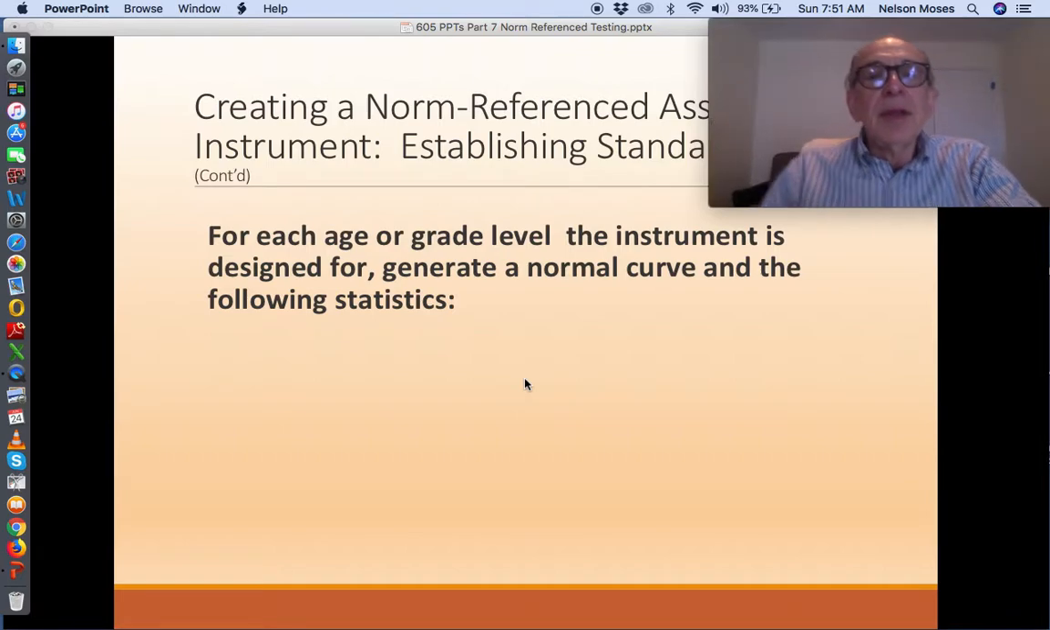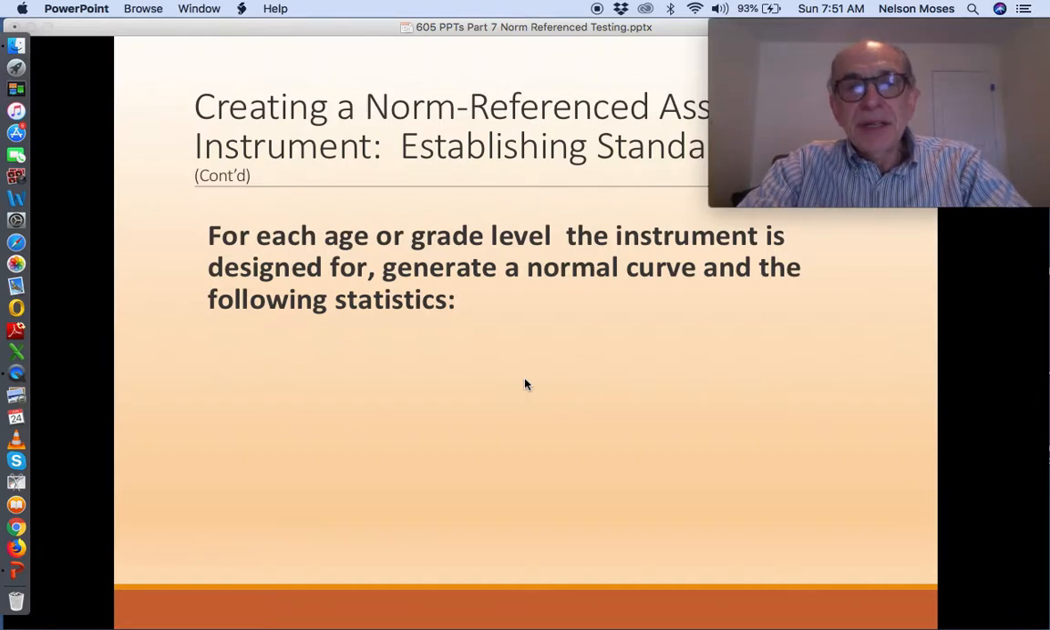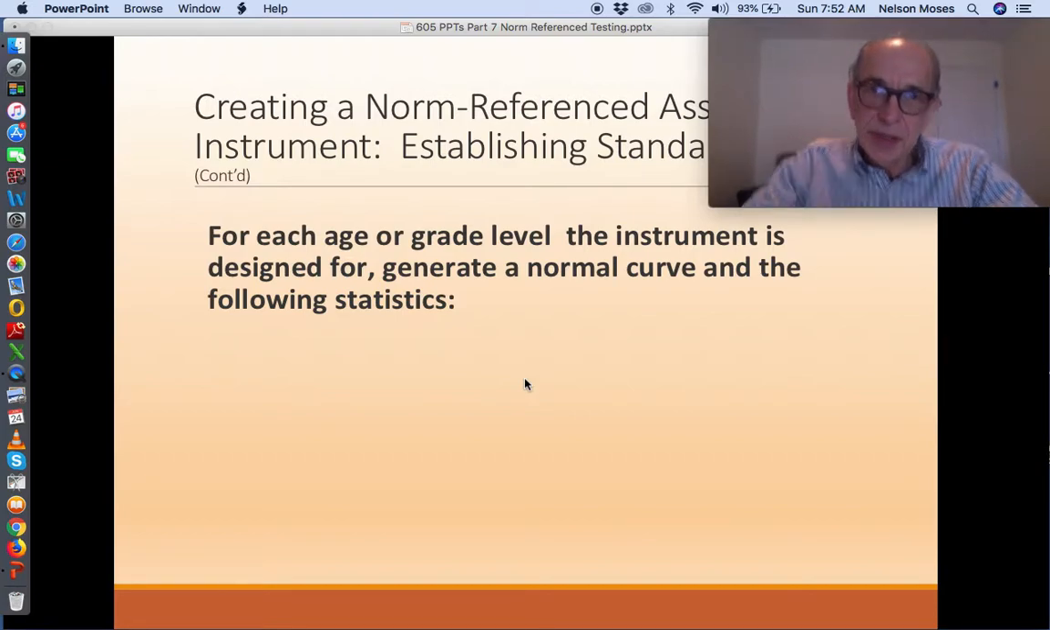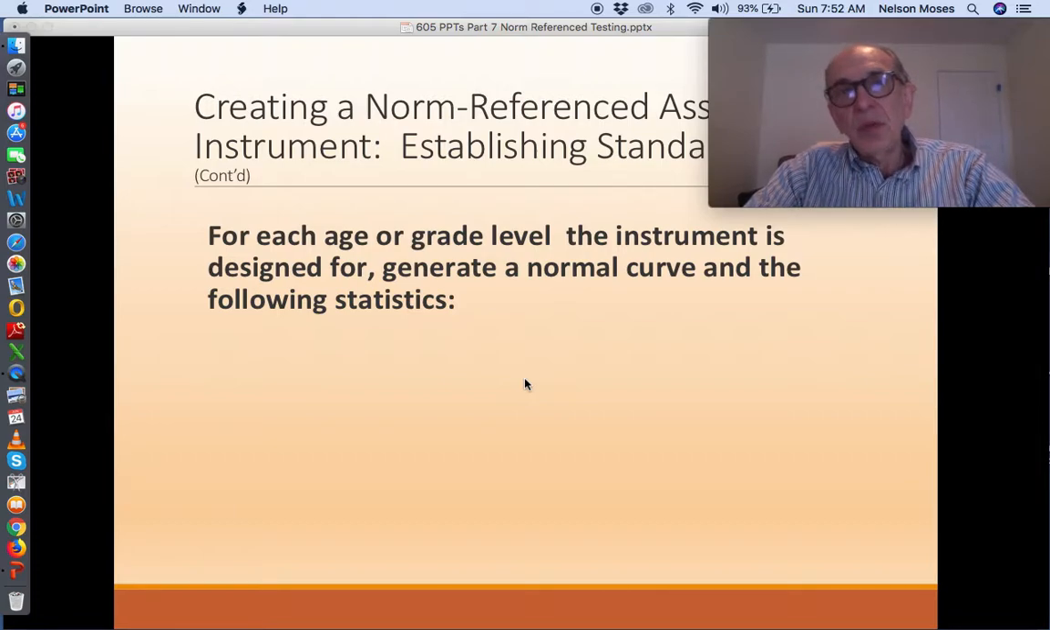that means that the person who created that assessment has to somehow establish some kind of basis for making that comparison, because norm referenced assessment allows us as clinicians to compare our client with the population with an equivalent population, and with the norms of that equivalent population. So for each age or grade level that the